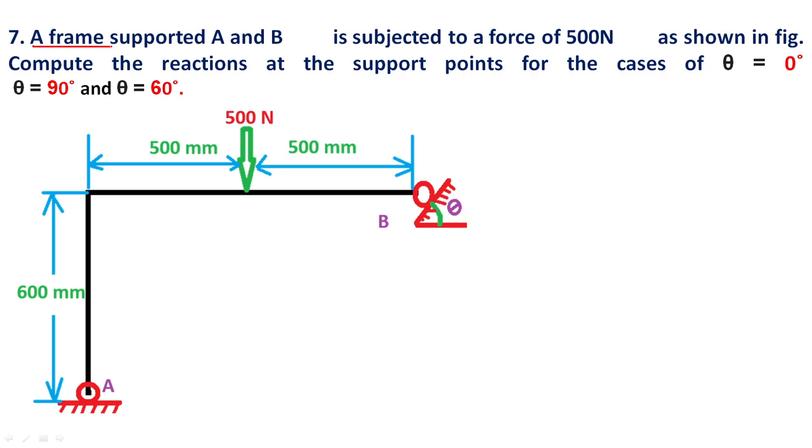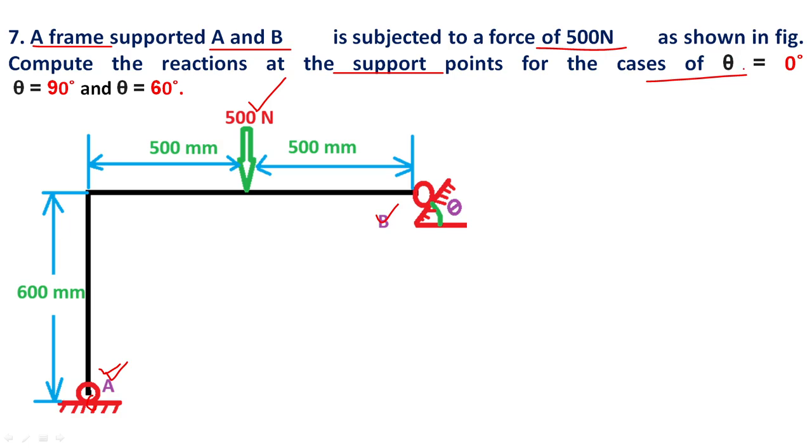A frame is supported at points A and B and is subjected to a force of 500 Newton. The 500 Newton force is acting on the frame as shown in the figure. Compute the reactions at the support points, point A and point B,